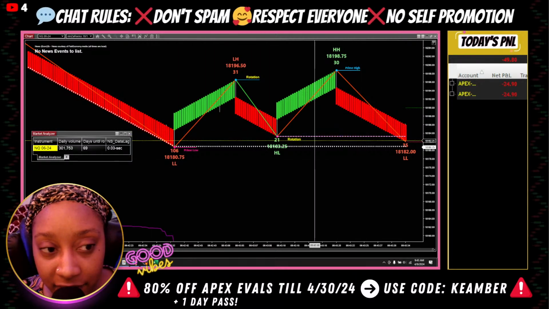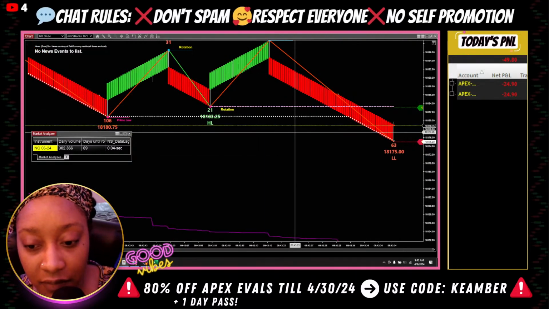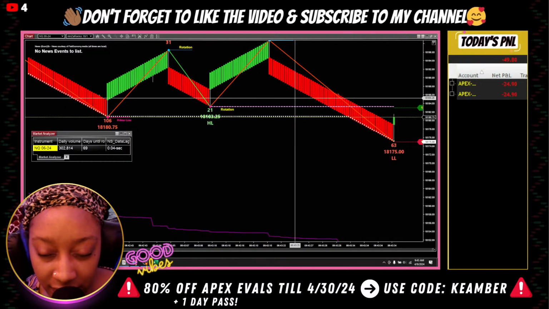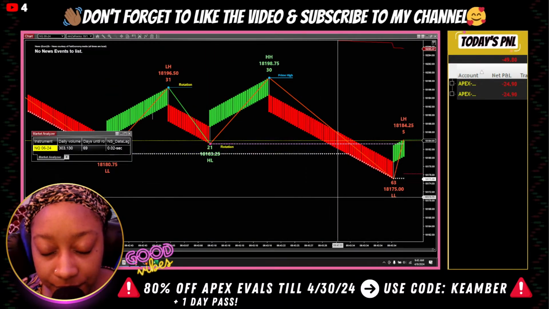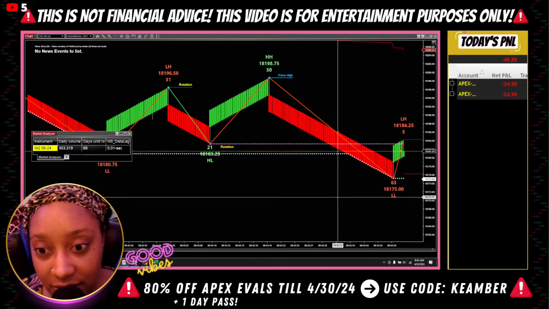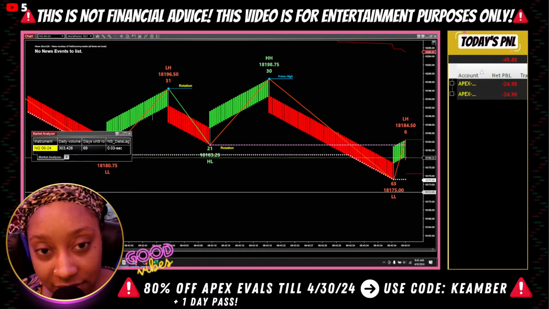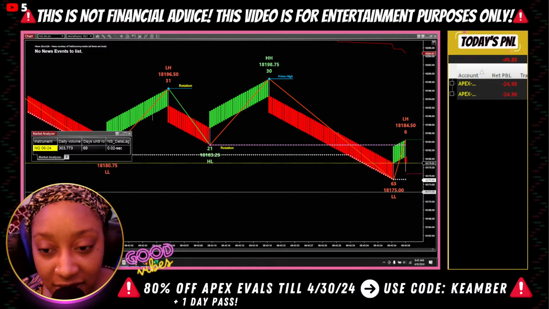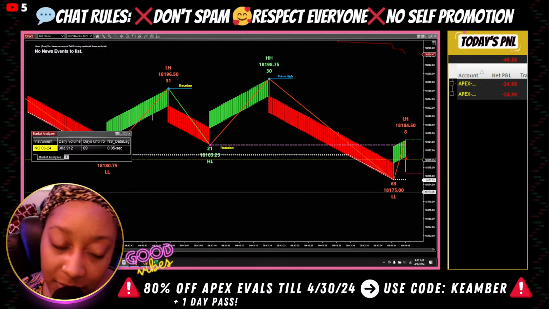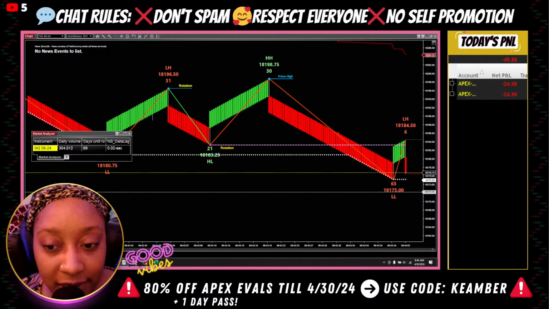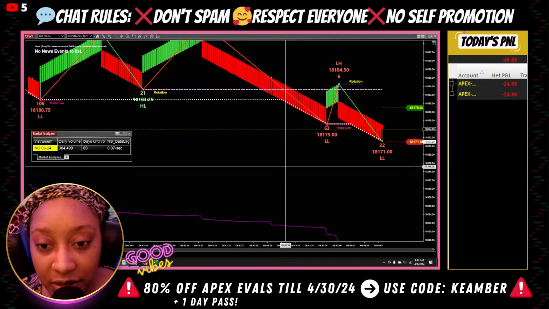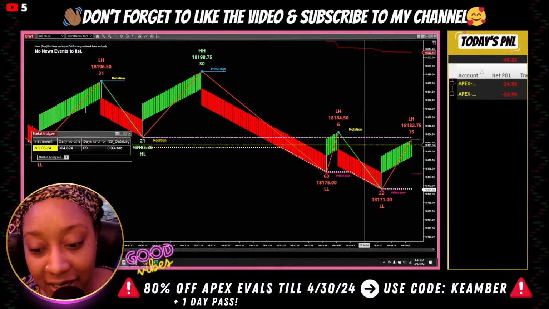And I basically have like 3 different versions of a regular pullback. And then there are 2 versions of a, what do you call it? Divergence. Sorry, my brain went blank. But yeah, so I just trade pullbacks and divergences, but there's different types, and I trade it differently. Like if my overall trend bias is a downtrend and I'm going for a sell, I trade it different than if it's an uptrend and I'm going for a buy.